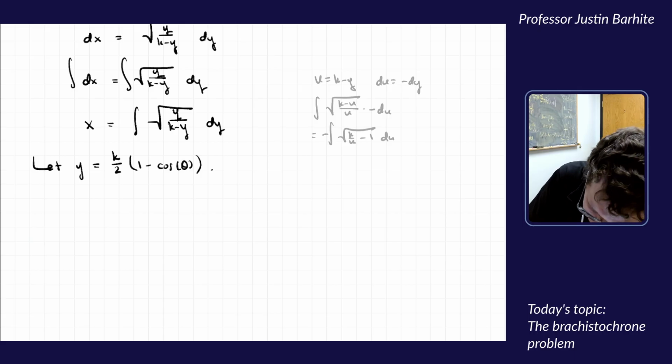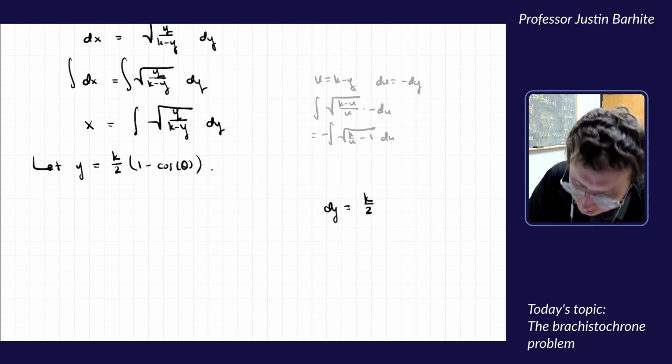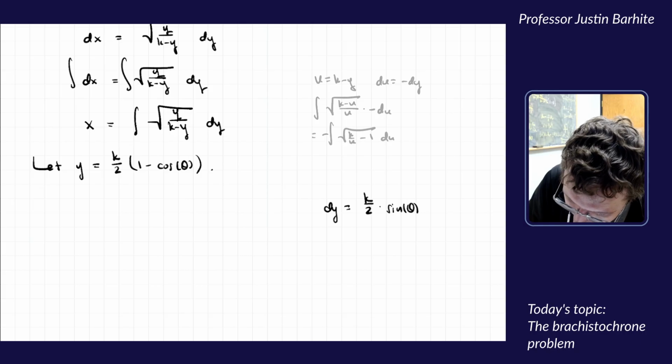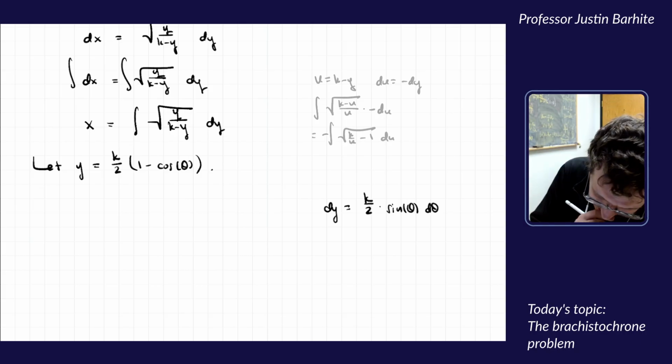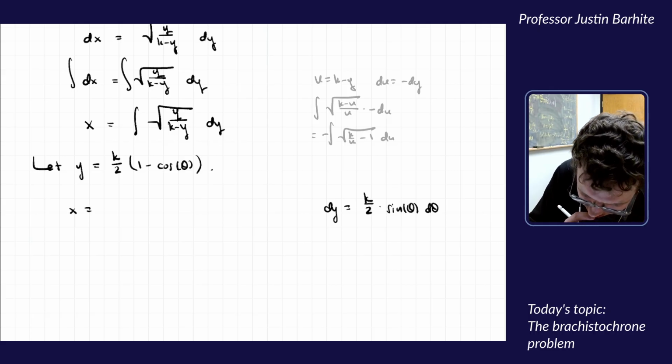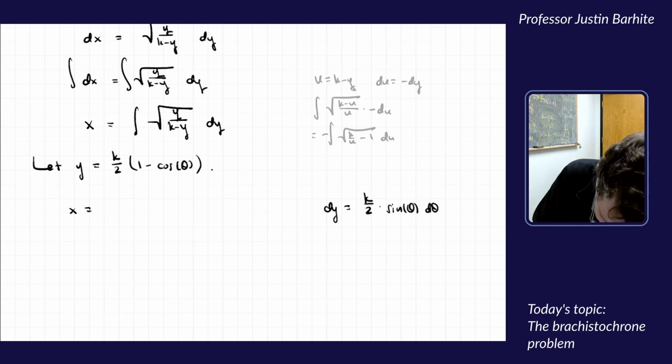Okay, so I guess the first thing I should do is compute dy, because I will need that for the substitution. The derivative of minus cosine theta is sine theta, d theta. Okay, so if I continue this here, if I make the substitution, I'm going to get x equals the integral